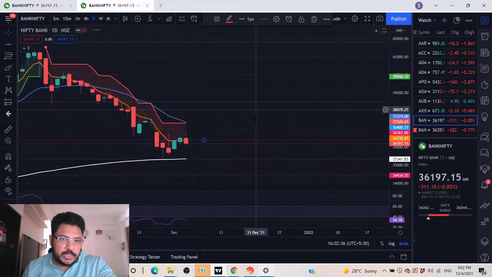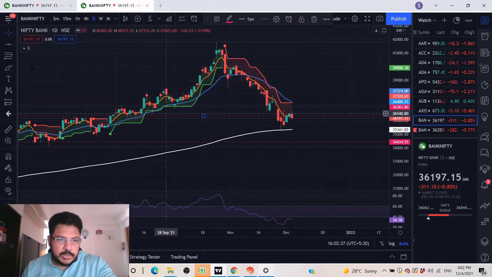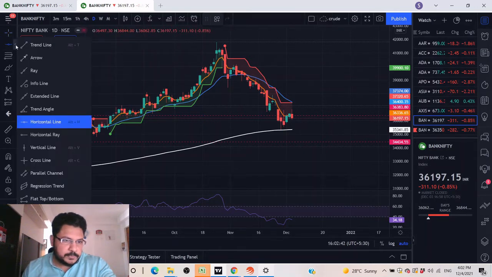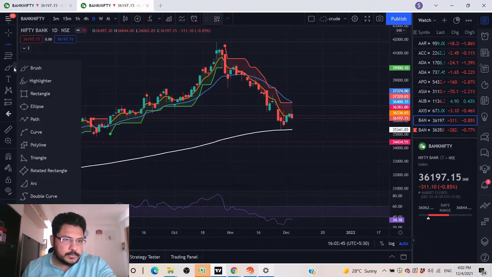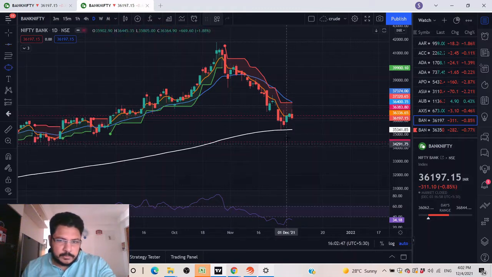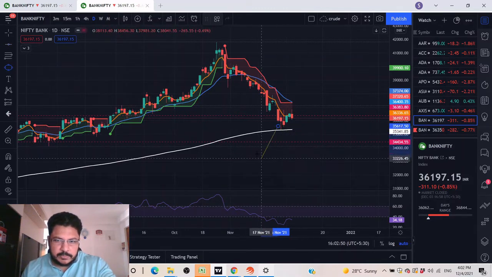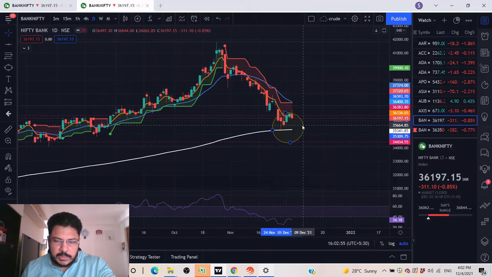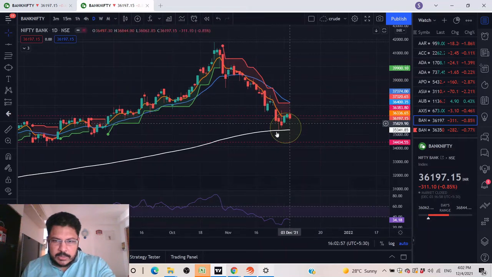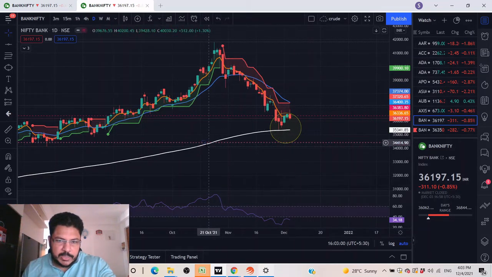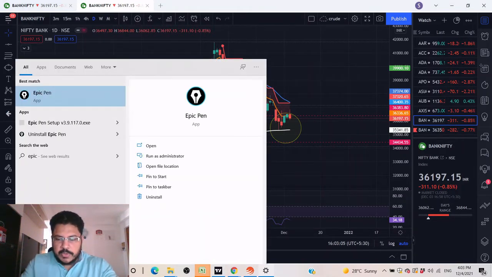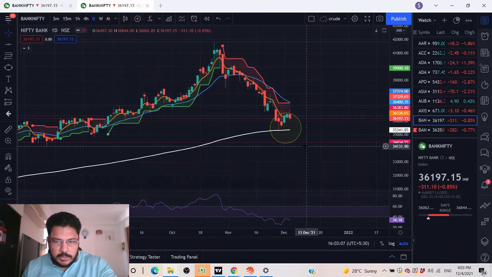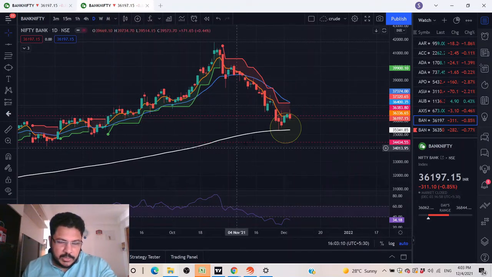So let's go to a daily chart. On a daily chart, you can see there is a nice support at this level. Okay, so this was the level where you can see good support has been taken, and this is, for your information, the 200 period moving average, which we consider as a wall of China, and anything to break this wall will need substantial amount of